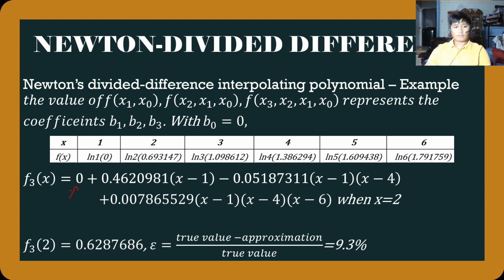This is f of x of 0, which is equal to 0, and then this one is b sub 1 times x minus x1, b sub 2. You can recall the general equation of the Newton divided difference. So we already plug in the values, and if we are going to let the value of this x equal to 0, then we can arrive at this answer,